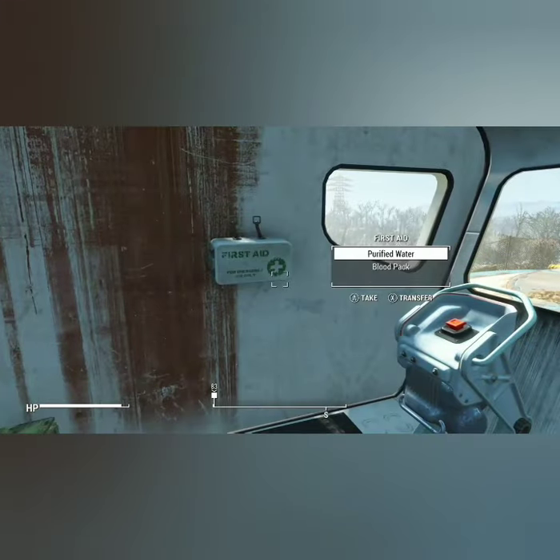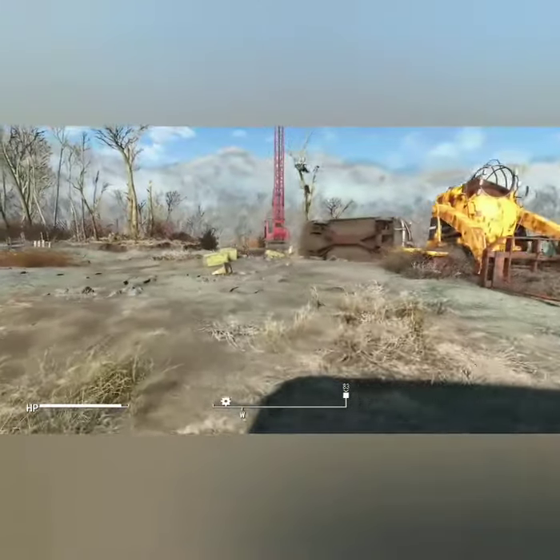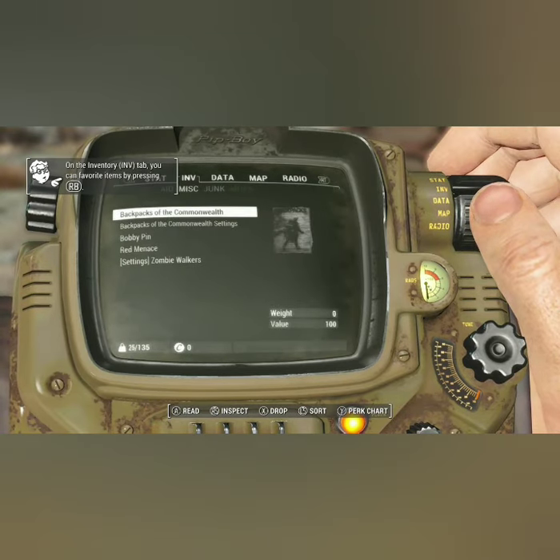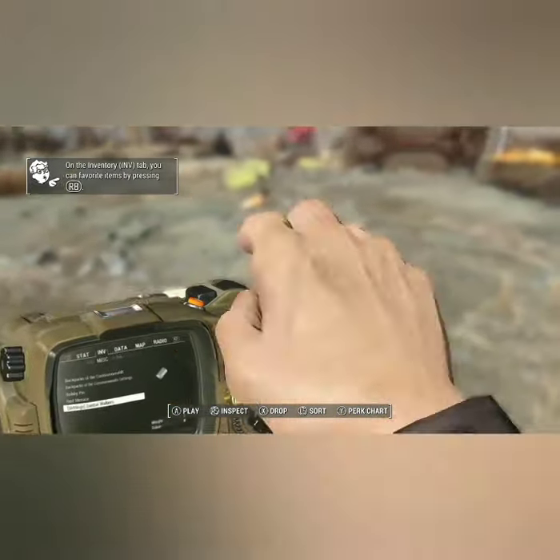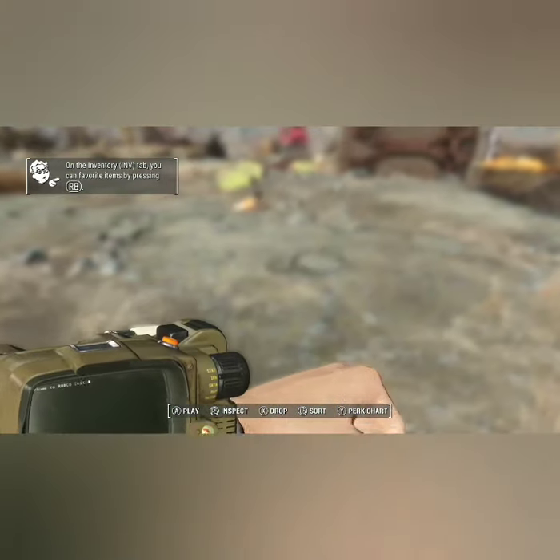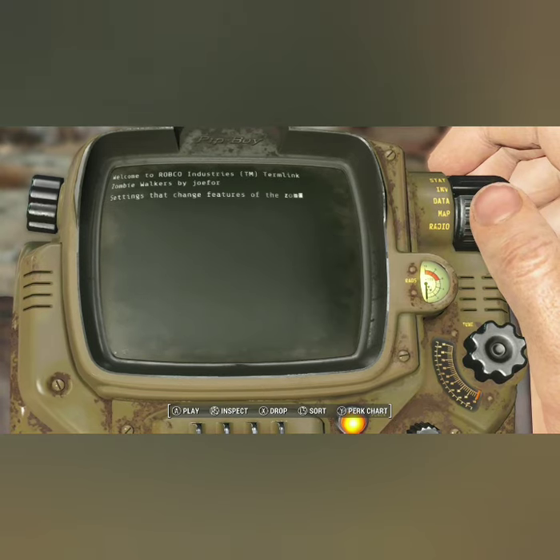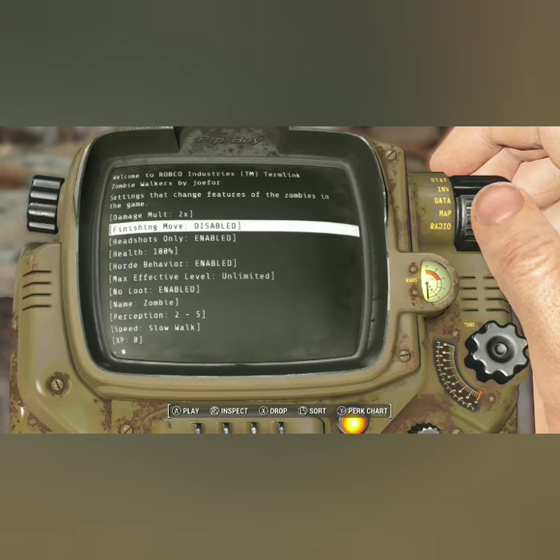So guys, in this video we're going to look at how to make Fallout 4 more like The Walking Dead. Now, if you go into your Pip-Boy and go to Miscellaneous, you can find the zombie settings for the Zombie Walkers mod. With these settings, guys, you can basically change the way zombies spawn in, what they replace, your infection